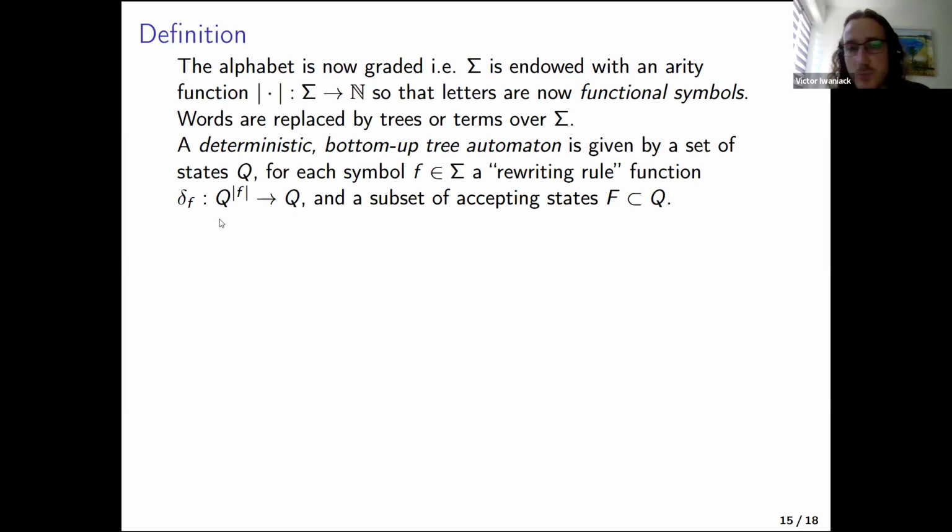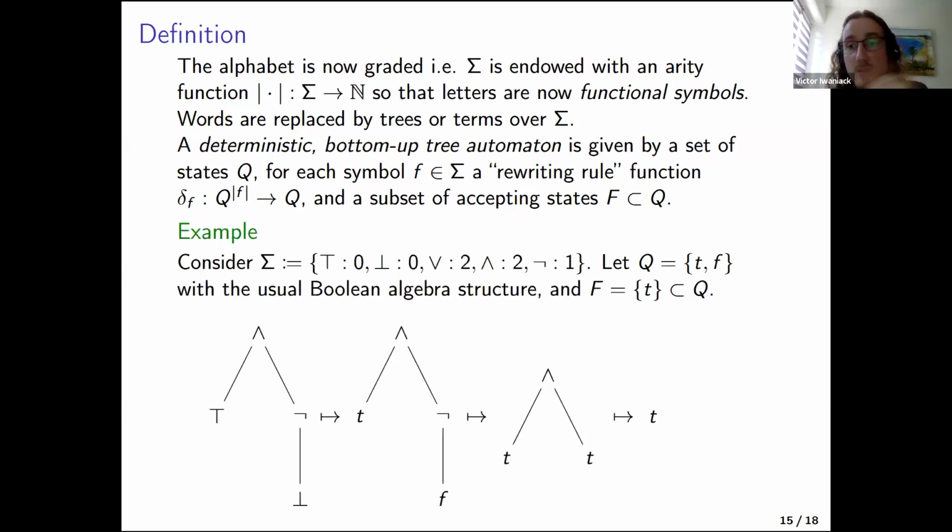And for each symbol, we have a function from Q to the arity of the symbol to Q. And we accompany this data with a subset of accepting states. So to my knowledge, tree automata don't have this nice graphical representation. So I will just give you an example of how you read